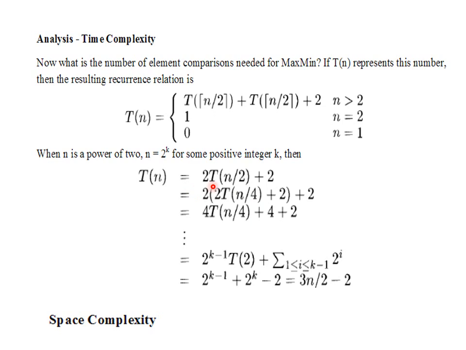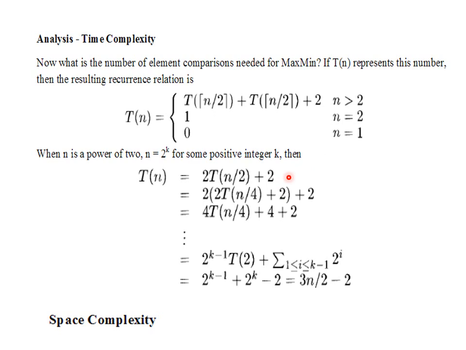We cannot eliminate any one part. So that is why, if we divide the list into two, we have to solve the left part and we have to solve the right part. From both parts we will get a minimum value and a maximum value, and on the right side also we will get a minimum and maximum value. Then two comparisons are required to find the maximum and minimum among these two. So using the substitution method or master theorem we can solve it, both methods, right?